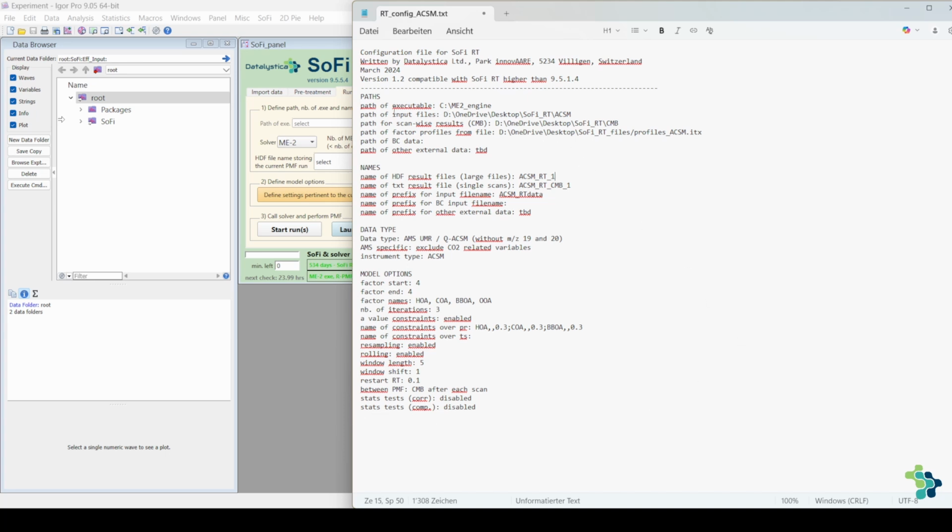The section paths contains all the paths relevant for SoFi Real-Time. Path of executable points to the folder that contains the ME2 exe. Path of input files points to the folder that contains the raw data in daily resolution. In our case, on the desktop, SoFi RT files, we're doing this for ACSM data. Path for scan-wise results, this is the CMB approach. If that is enabled, then SoFi Real-Time performs a CMB run on the latest instrument scan and as such guarantees an